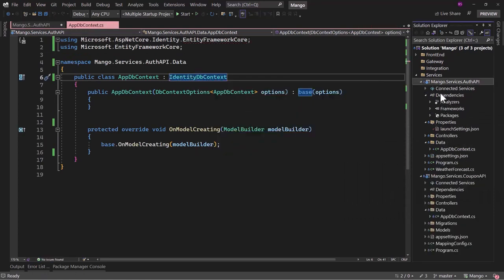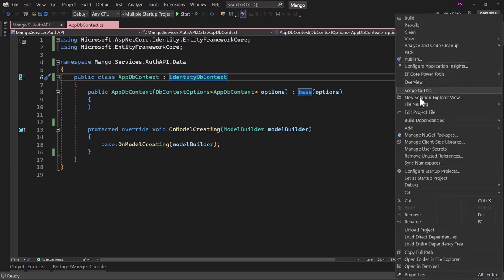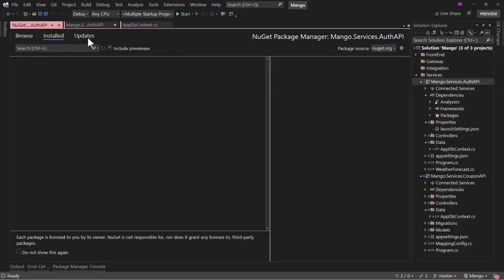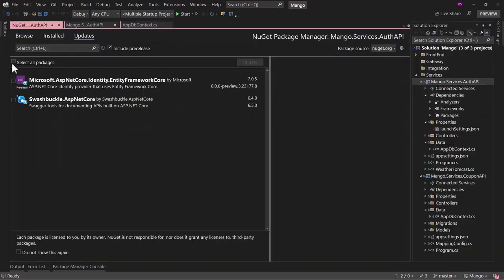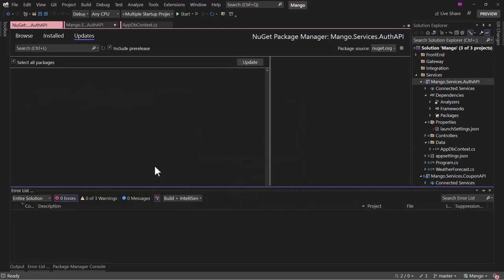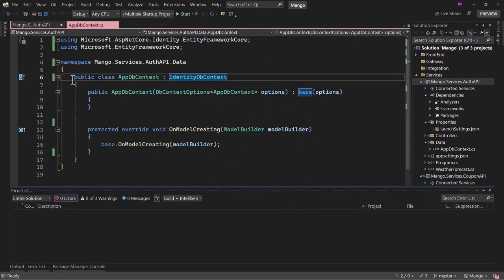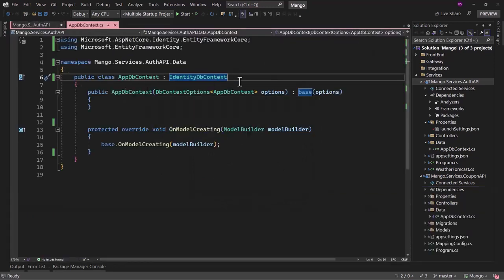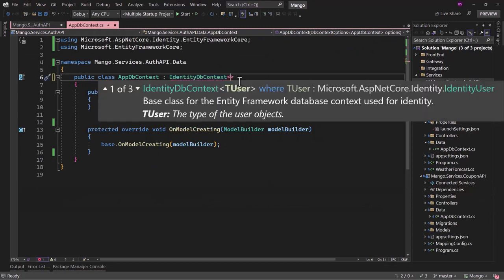That package has been installed, but if you right-click here, Manage NuGet Packages, I do not believe it will be .NET 8. I was correct. We will select Include Pre-release and update that to be the same version. Perfect, that looks good. Inside the AppDB context where we added the identity DB context, we can define the DbSet for the user